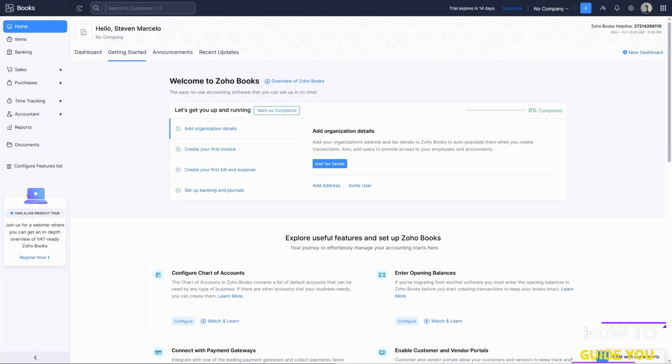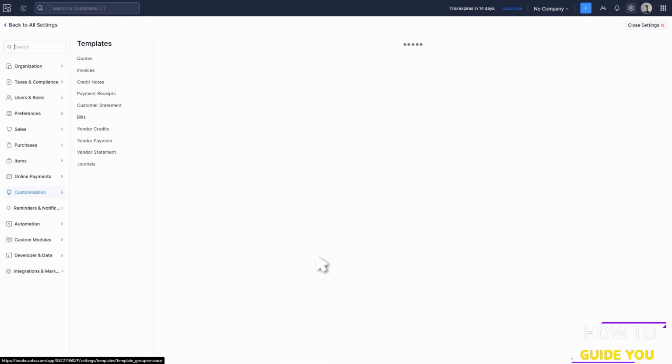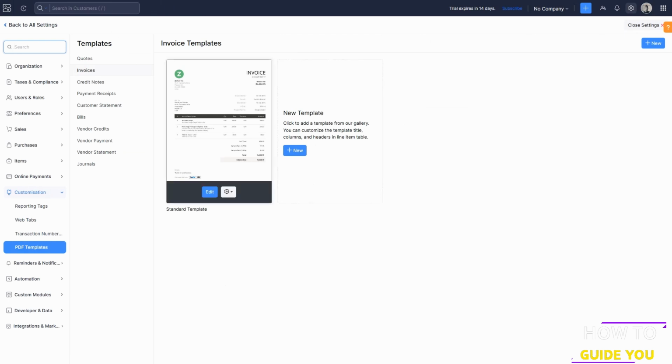So here we are on the Zoho home screen, and what you want to do is go to the top right next to your profile icon and click on the settings cog. From inside here, we want to go to customization and PDF templates, and then we want to go to invoices. If it doesn't automatically load you up there, you can just under templates click on invoices, and we want to